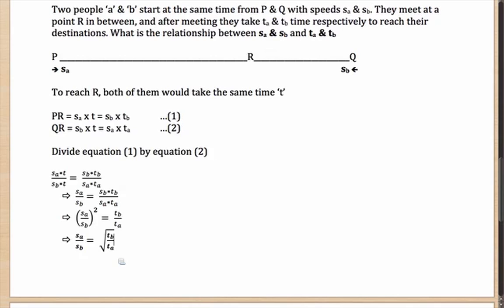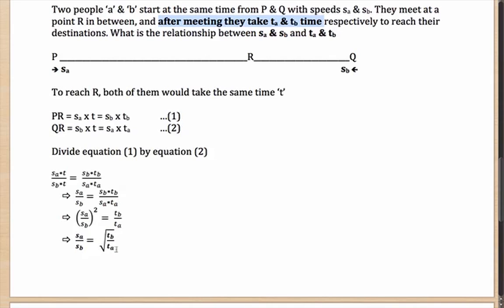Once again, when can you use this formula? This formula can be used in only the special case when two people A and B start at the same time from two opposite ends. Their speeds are given to me as SA and SB, and most importantly, the time taken, that is TA and TB, is the after-meeting timing. If that is given to me, then I can say the ratio of SA by SB will be equal to